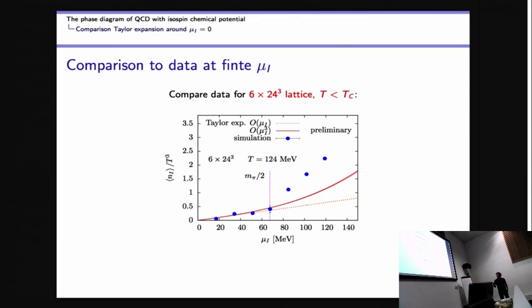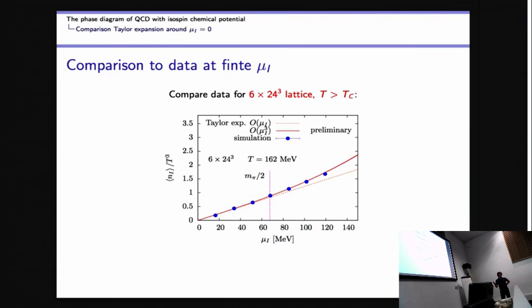And from that point on, it really deviates from the Taylor expansion curves, and that's as expected, basically. Okay, so let's now get to T being bigger than Tc. And here we can see that while up to this point it's still very difficult to distinguish between the 2 curves, then somehow the order μi cubed correction is becoming significant, and our data really follows this order μi cubed curve here. But there's also no room up to now for an order μi to the power of 5